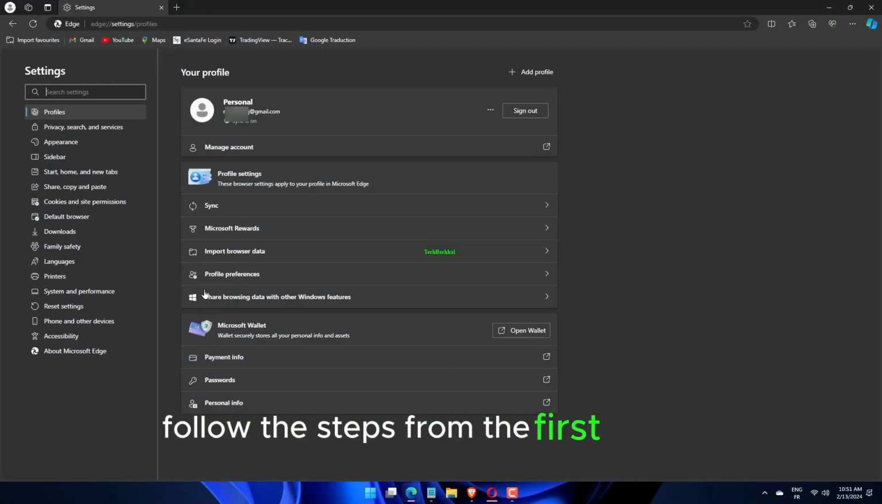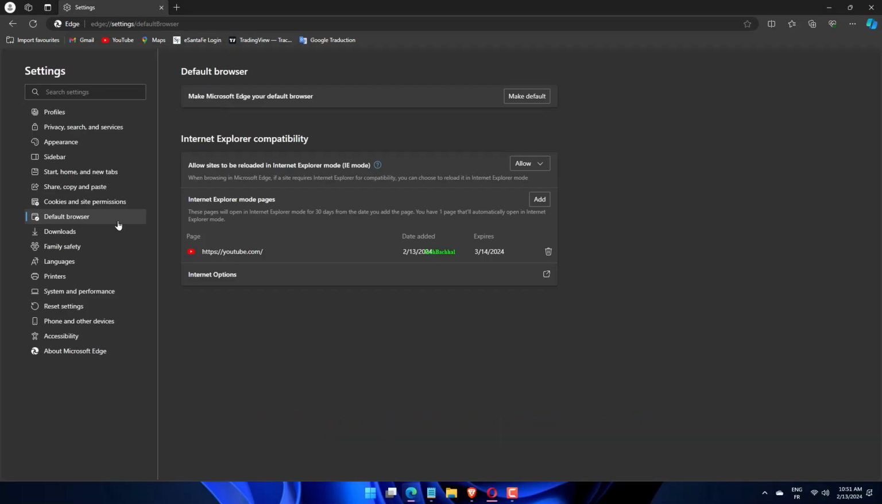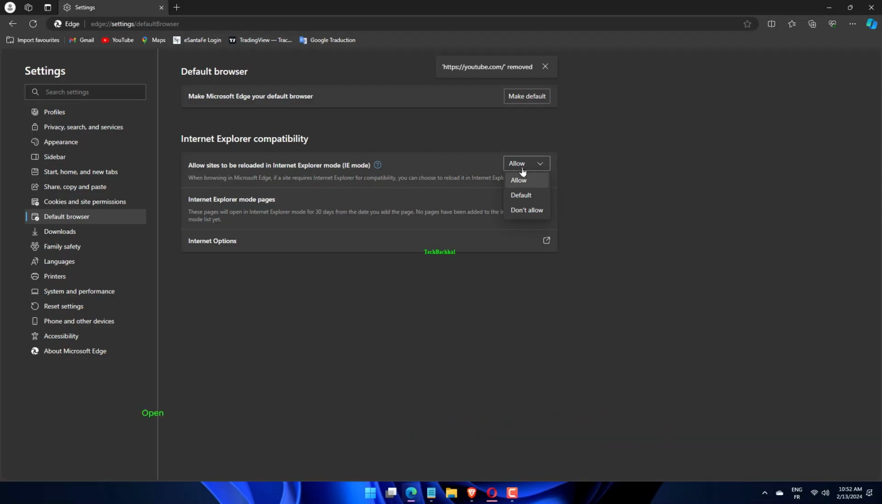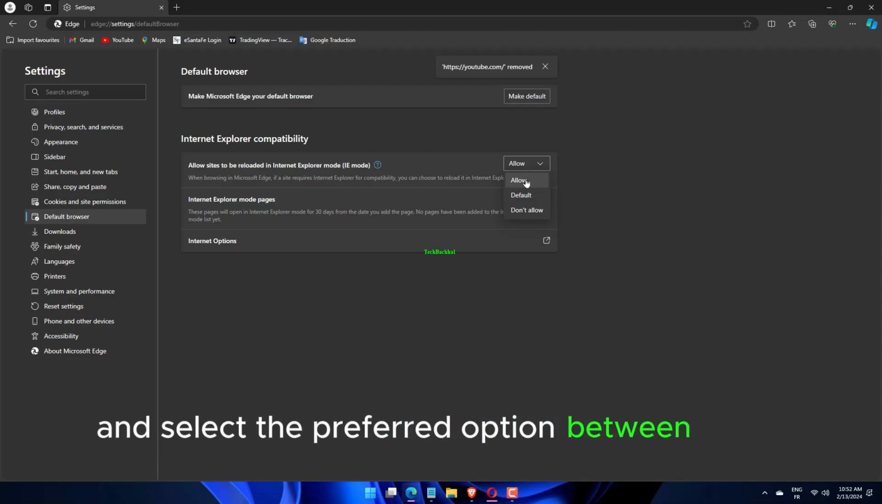Follow the steps from the first solution until you reach the default browser option in Microsoft Edge settings. Under the Internet Explorer Compatibility section, click on the Let Internet Explorer Open Sites in Microsoft Edge drop-down menu, and select the preferred option between: